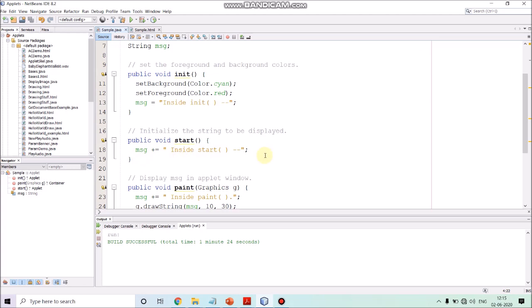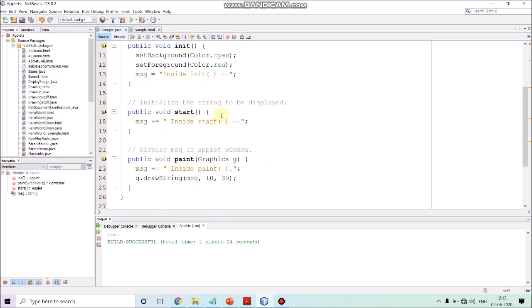And the paint method gets called when the window gets displayed. At that time, when the paint method is called, we add "inside paint" to whatever was earlier in the message.